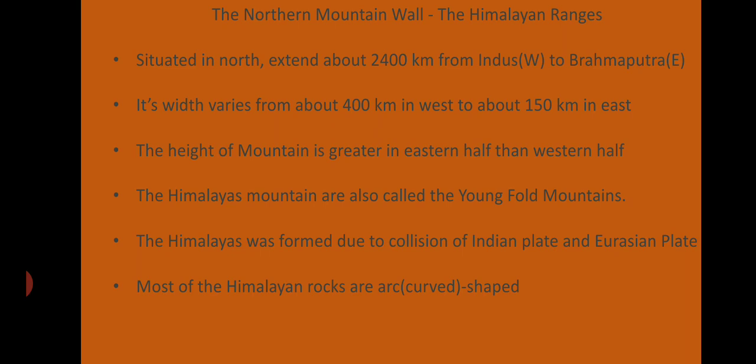Now you know very well that the formation of Himalaya took place because the Indian plate, the Indo-Australian plate, moved towards the north, and it collided with the largest tectonic plate, the Eurasian plate, and with this collision the sediments in between these two plates keep on rising, and that forms the Himalaya. Because it is a fold mountain, it is arc shaped. Arc means curved shaped.